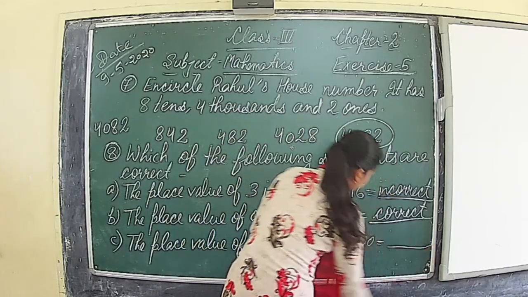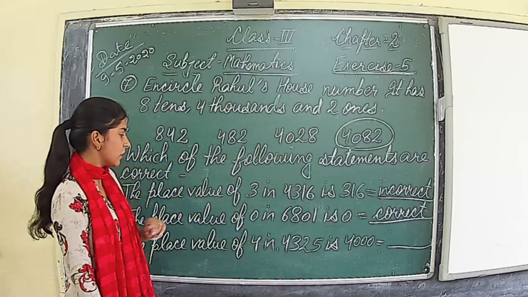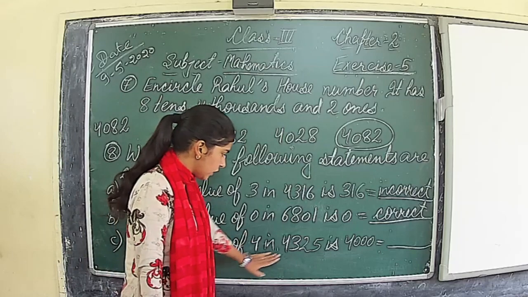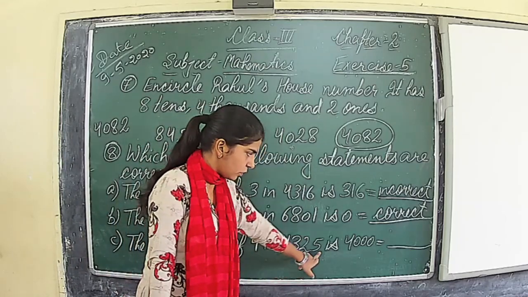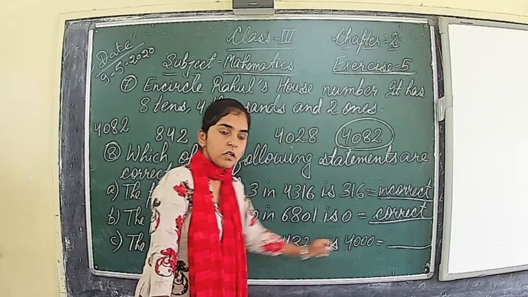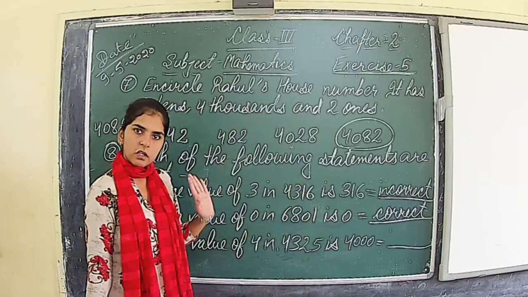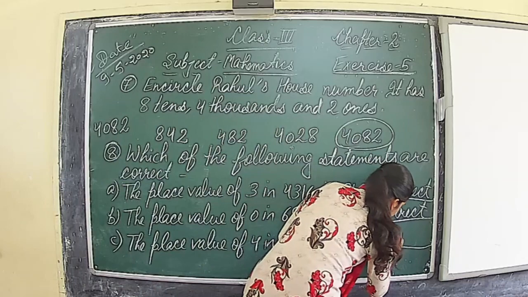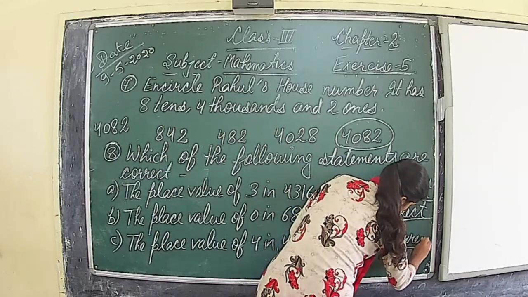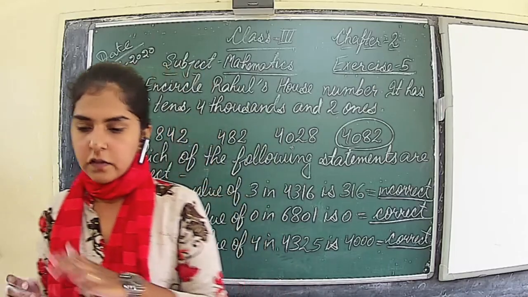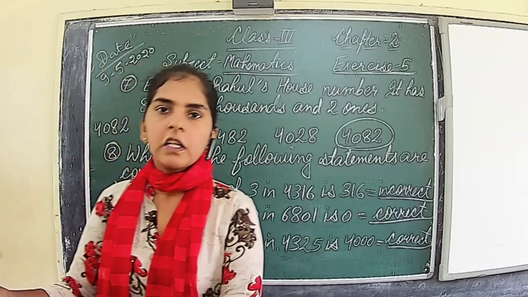So is this statement correct? You can see in this number place value of 4 is 4000, right? So 4000 is already given. It means this statement is correct. So our solution will be correct. Okay. So here our exercise number 5 is completed. In our next class, we will continue our exercise number